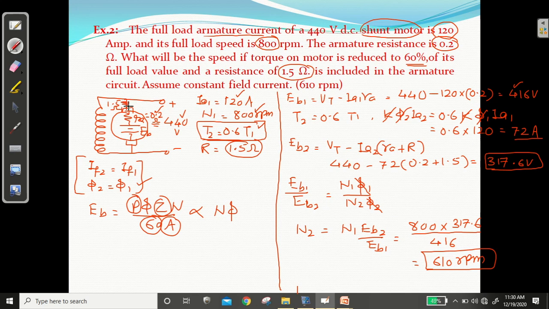And you know that in case of the armature control method, speed will reduce. Speed only reduces. If it is armature control, the speed will be lower, right? So they can ask this question: by inserting armature resistance in series with the armature, speed will reduce, and you will get the speed below the base speed. If you had used the flux control method, the speed would have increased. So you must know it. Okay, so this is example number 2. One more example I am going to discuss.